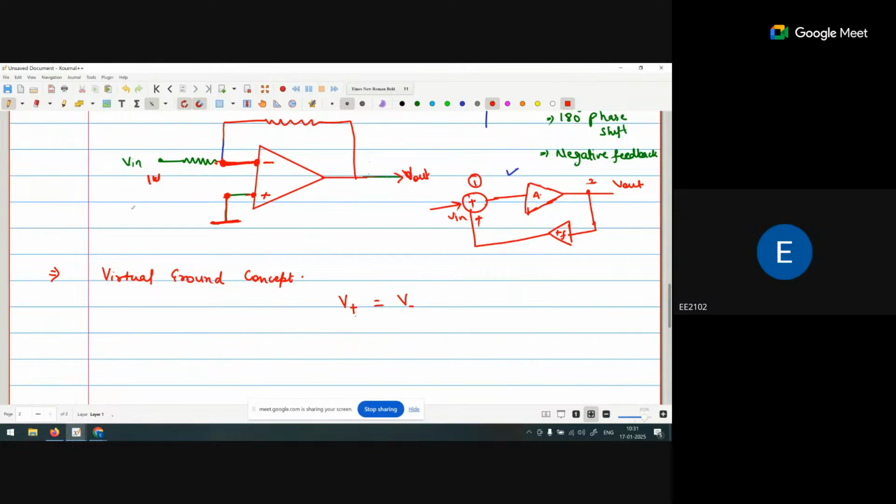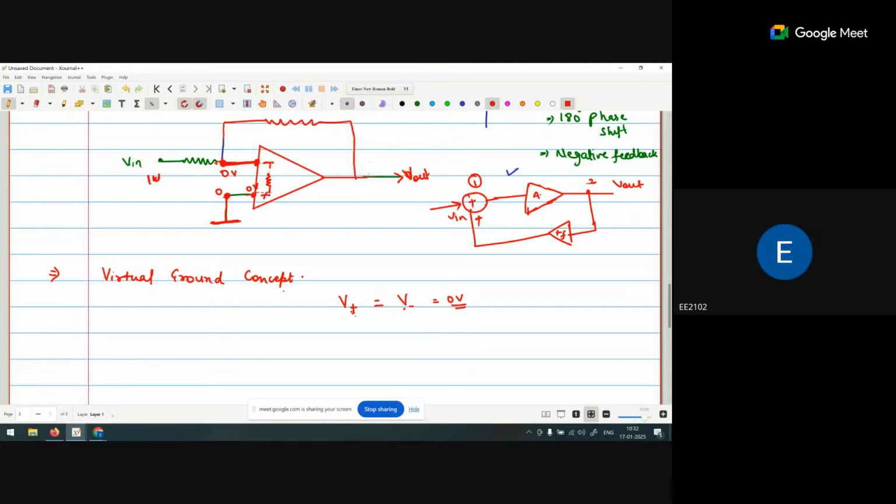So that means the voltage at the positive terminal is connected with the ground, so this point is 0 volt. Now according to the virtual ground concept, the voltage at the positive terminal and the voltage at the negative terminal become the same. So this is also 0 volt. If this becomes 0 volt and this becomes 0 volt, that means the drop across this resistor